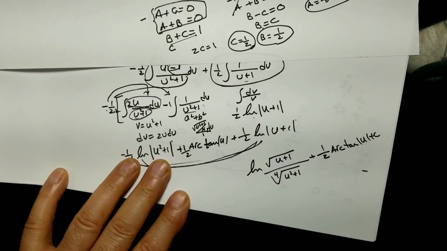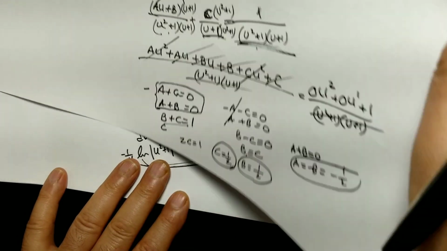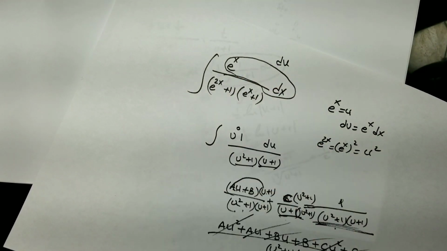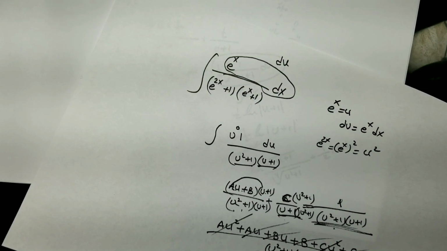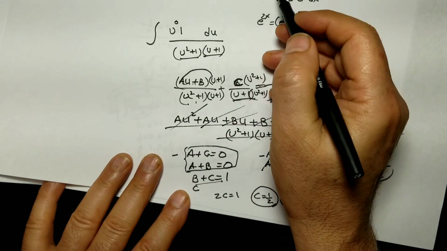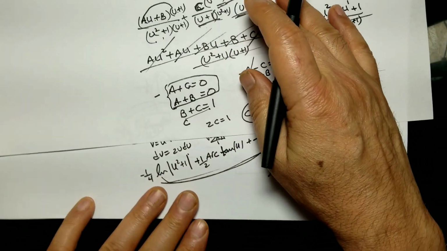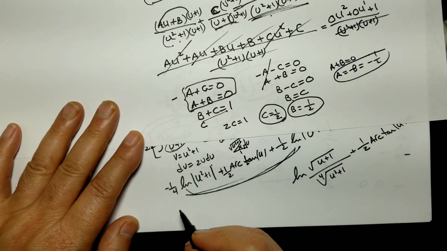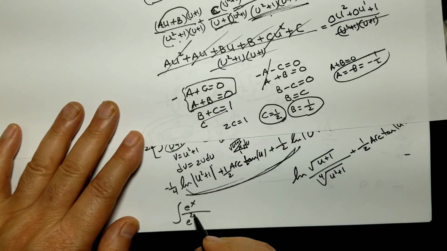Okay, I have an issue. I gave you my function in terms of x, but you cannot give it to me in terms of u. What was u? u was e to the power of x. Then tell me what was the answer to e to the power of x over e to the power of